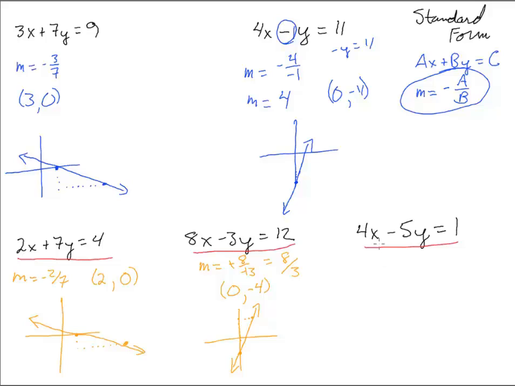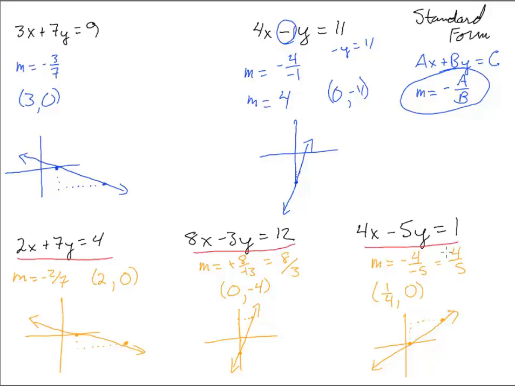And the last one here. Slope is going to be a negative this number over that number. So that's a positive 4/5 slope. And neither one of those looks like it goes into it very well, so it doesn't really matter. Let's let y equal 0, and we get x is 1/4. The x-intercept right there. So 1/4, 0, and then slope 1, 2, 3, 4, 1, 2, 3, 4, 5. And there we have the other